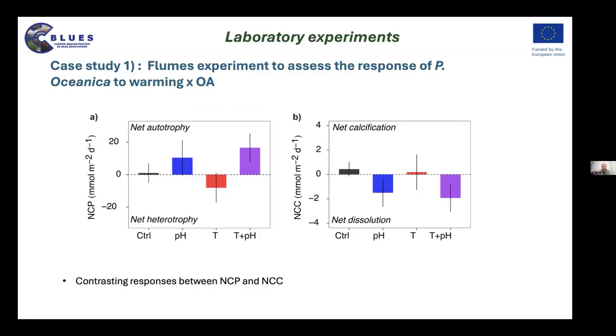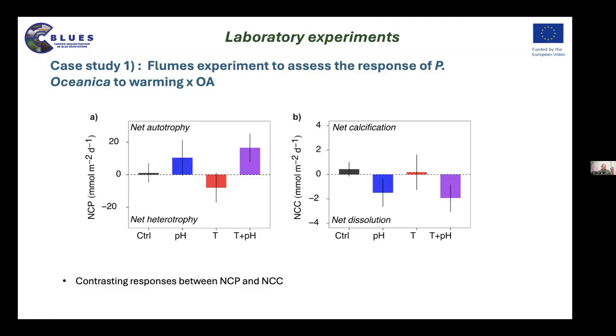system becomes net heterotroph. For calcification, we observe something really the opposite, where we had this strong decrease in net calcification at low pH, independently of the temperature. So the system switched to net dissolution, while under ambient condition of pH, we are close to zero, small net calcification in the system. So those two changes imply a completely shifted balance in the ecosystem between net photosynthesis, net primary production,